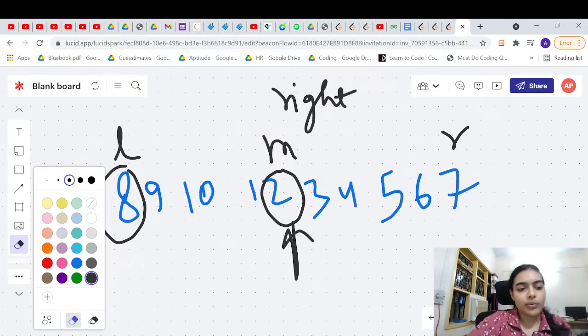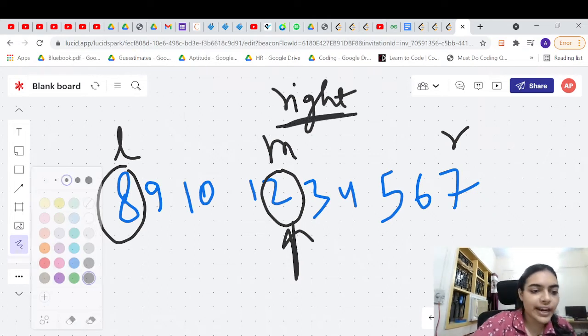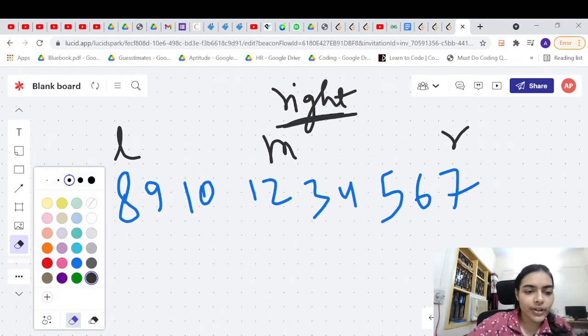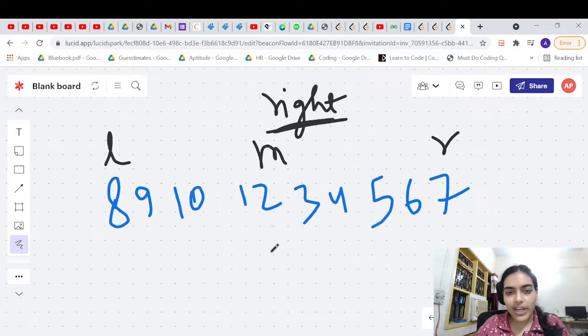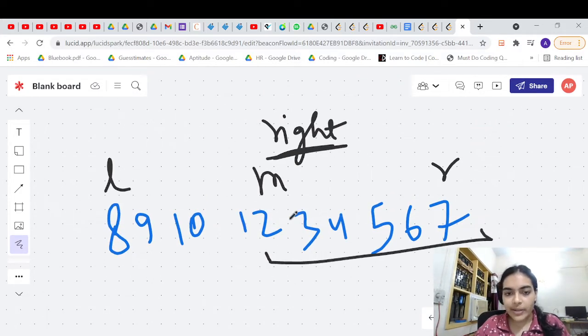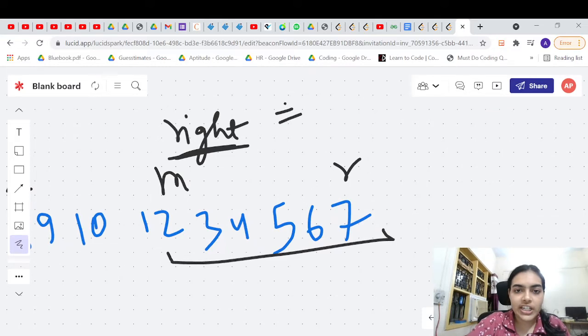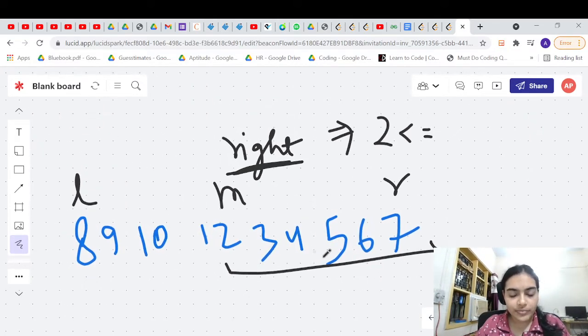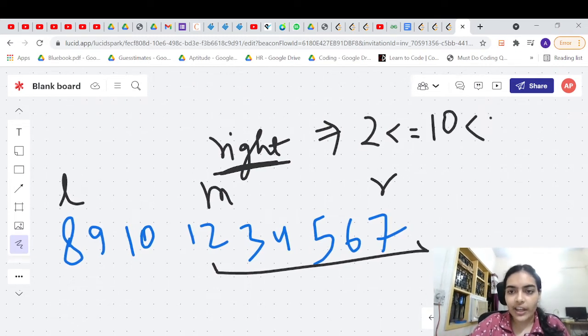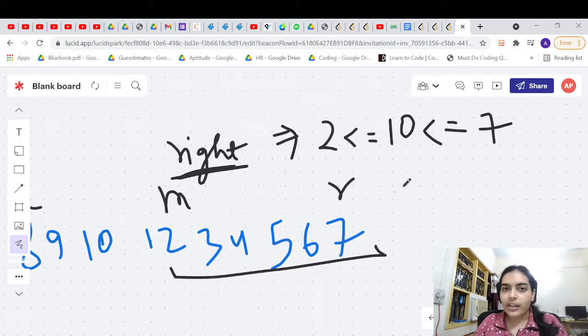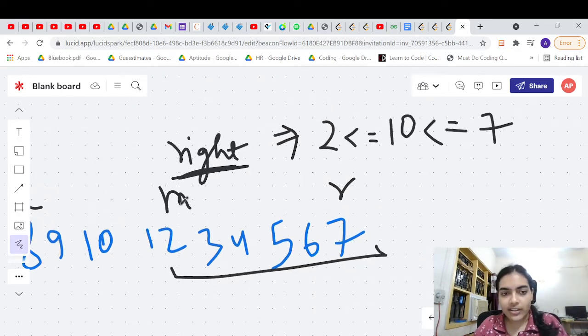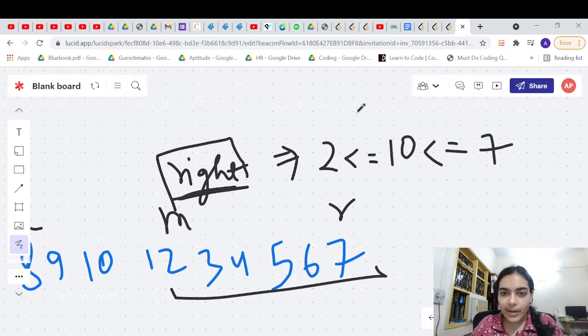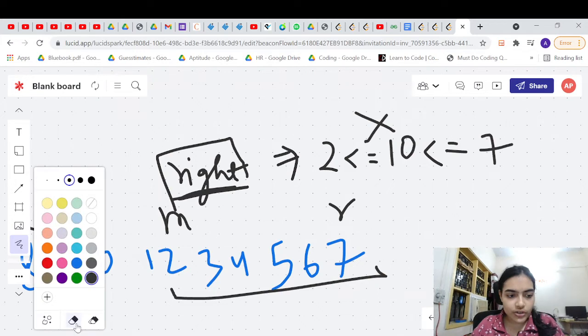So let us see what we have to do when it is right sorted. In that case you have to check, now it is right sorted, so you know these elements are sorted. So which condition will you check? You will check if the element that you are looking for, in this case we were looking for 10, satisfies this particular condition. If it is right sorted and the element is present, it should be in this range. But in our case, it is not in this range.